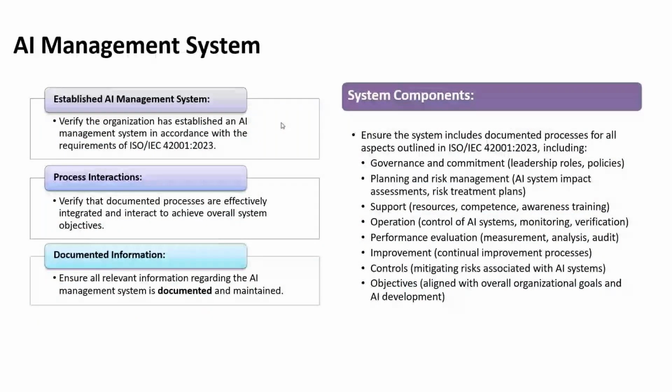All, this is just an overview of how a managed AI system would look like, right from its governance and commitment, planning, risk management, support, operations, performance evaluation, controls, as well as the AI development, internal auditing of AI, right? All of that will typically be taken care of as an overview of the system components for an AI system that we would typically need as per 42001, guys. So these are the typical AI management processes that are involved,